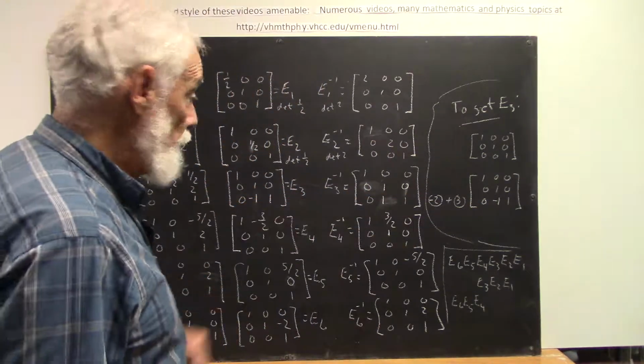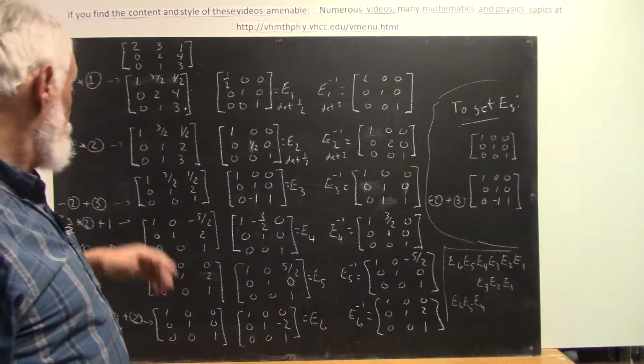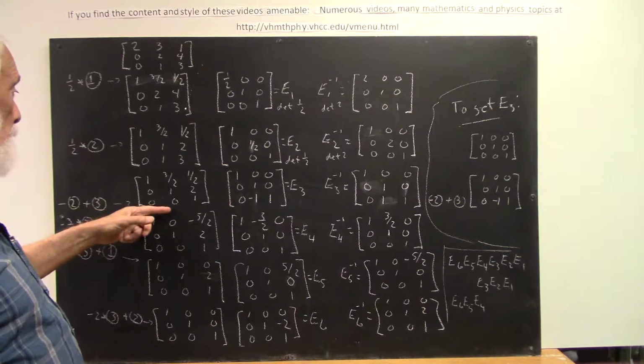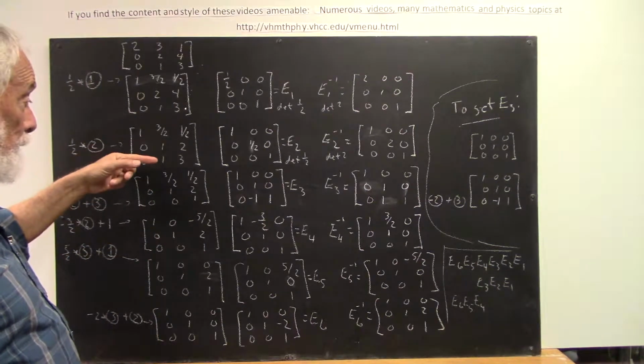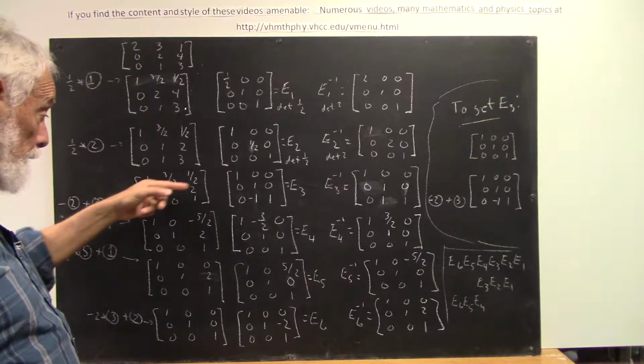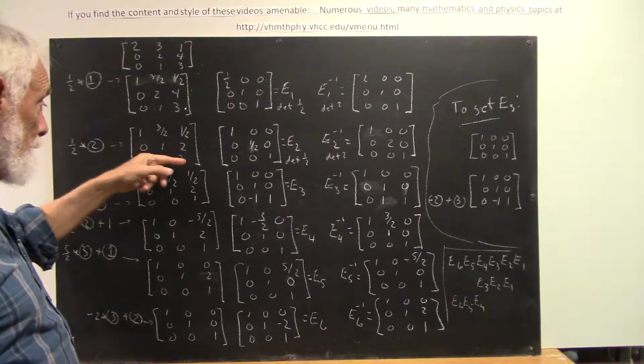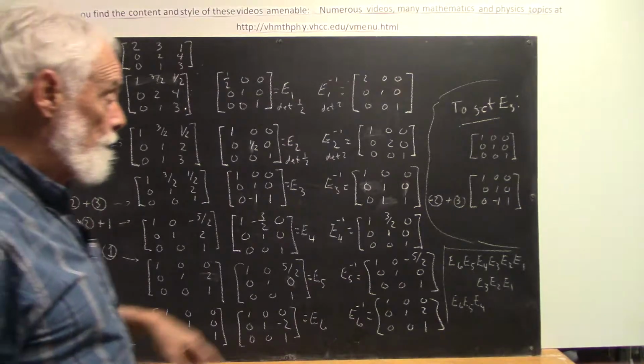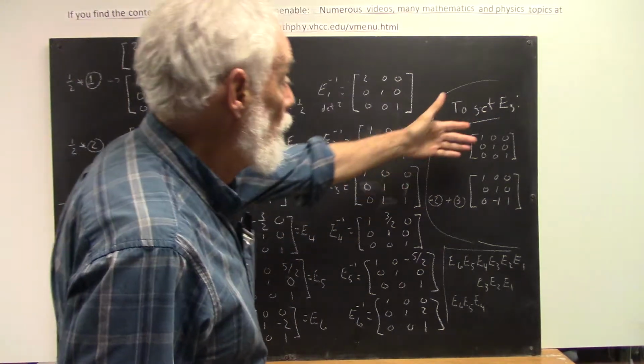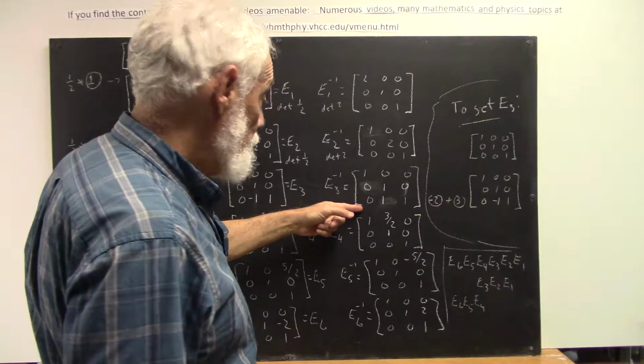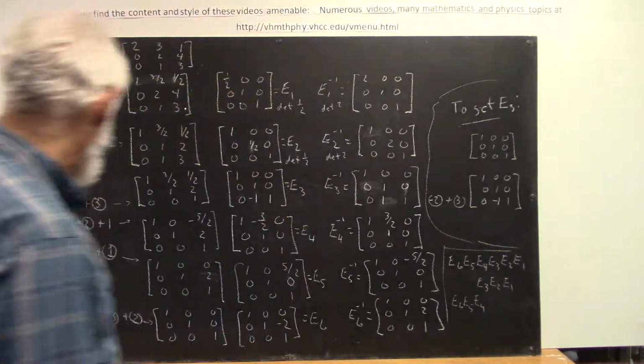And then the inverse of that matrix, well, if you wanted to get from here back to here, you would add the second row to the third, wouldn't you? Add the second row here to the third, and you're going to get this. So adding the second row to the third on the identity matrix would give us the inverse matrix. Okay, then